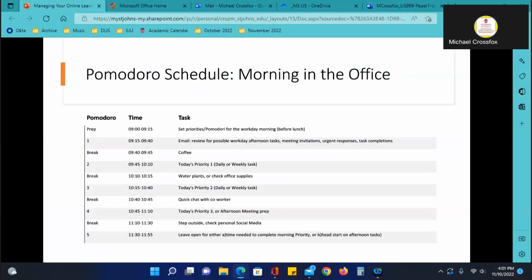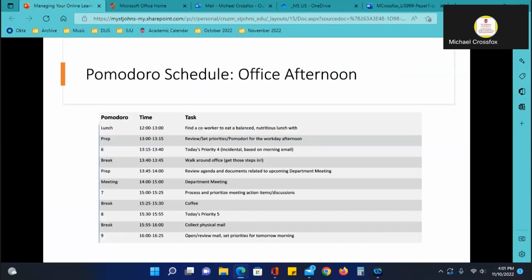So you see here, my first break from 9:40 to 9:45 is when I go up to the coffee machine and I get a cup of coffee in the office. My second break, I may water plants or check on office supplies. My third break, closer to lunchtime, I have a quick chat with a coworker. And then my final break of the morning before lunch is when I step outside. It's a longer break, so I step outside and take a little walk and maybe check on my social media on my phone. When I get back from lunch, I continue with the work I set myself up with in the morning